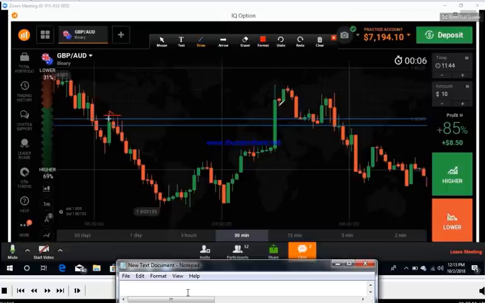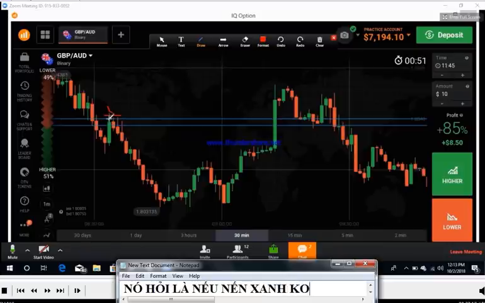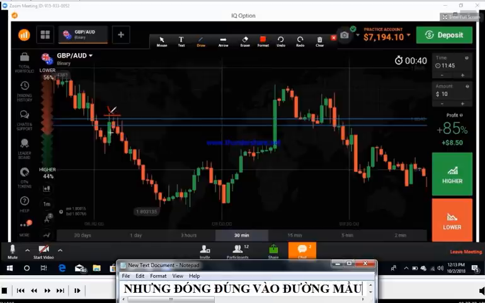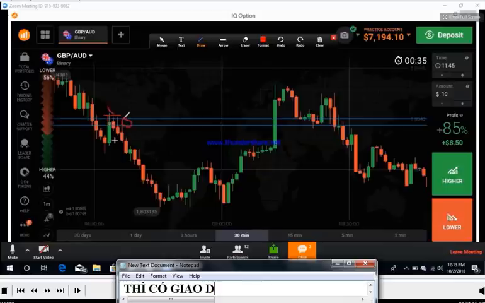I'm talking about this green candle. What if this green candle closed at the resistance line? It didn't break that level, it just closed at the resistance line. Now it's working as support and resistance. Does it make any difference? No difference, bro. If this candle closed below the level with rejection, it means this is a strong level. It means when the market comes to this level, the market reverses. This is the reversal point.